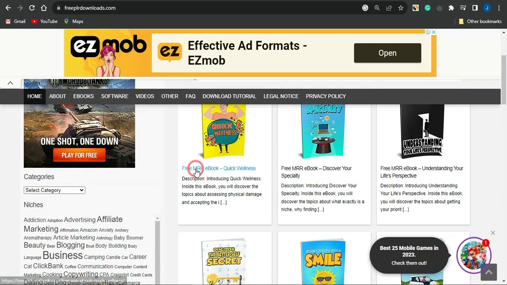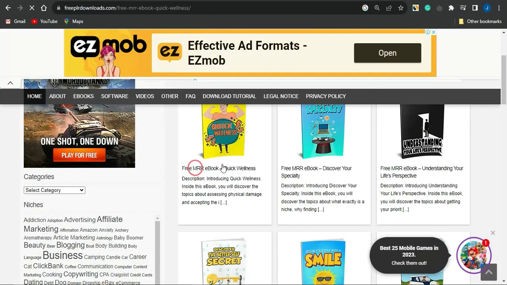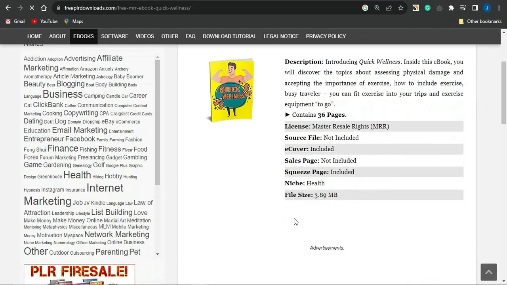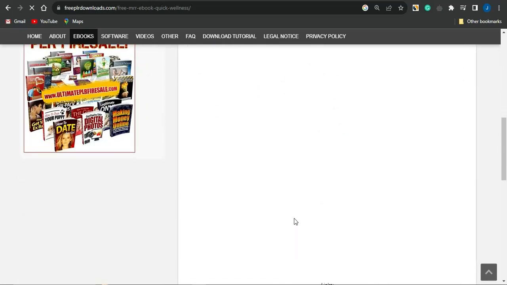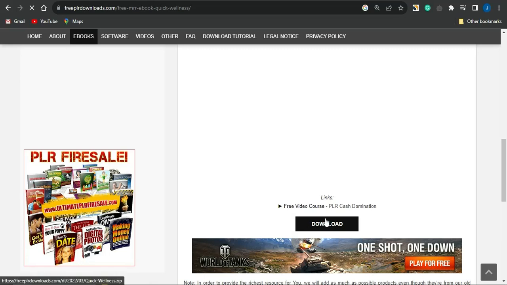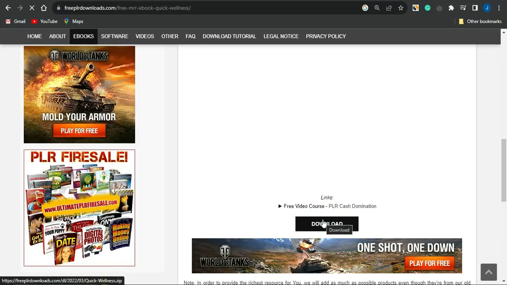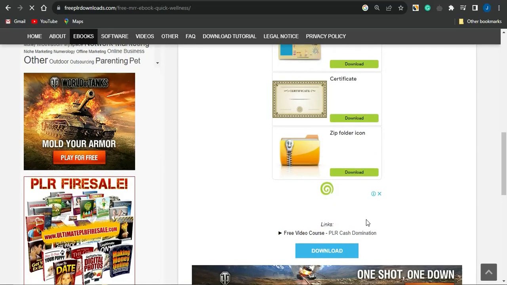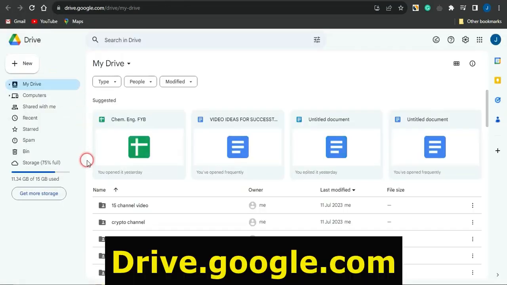Supposing I click on this PLR right here, I'll be brought to this page where I can scroll to the bottom section and see this download icon. If I click on this download icon, I will be downloading this particular PLR on my device, and I can then head on to this platform right here which is called